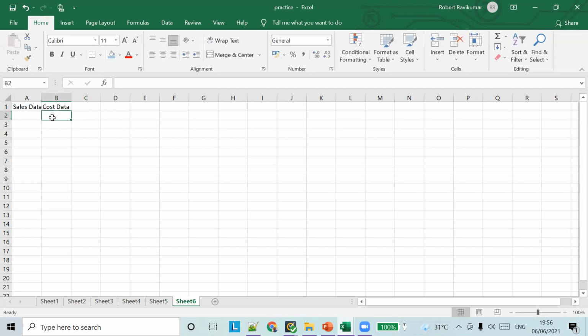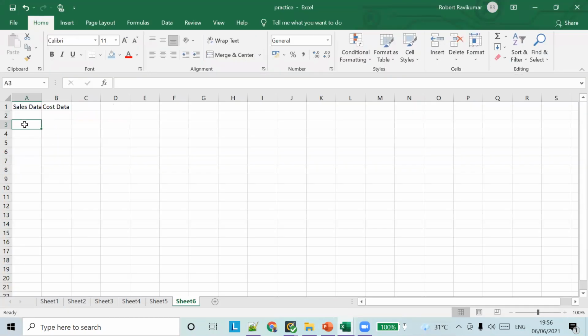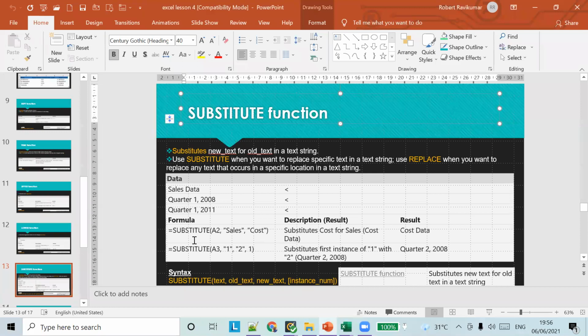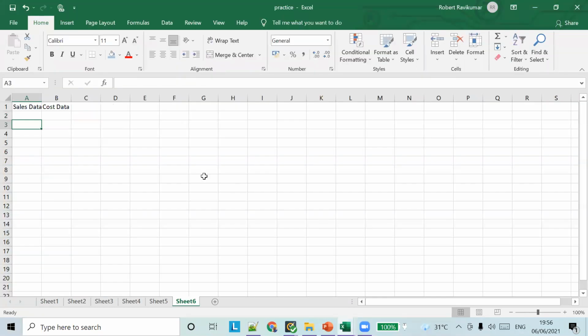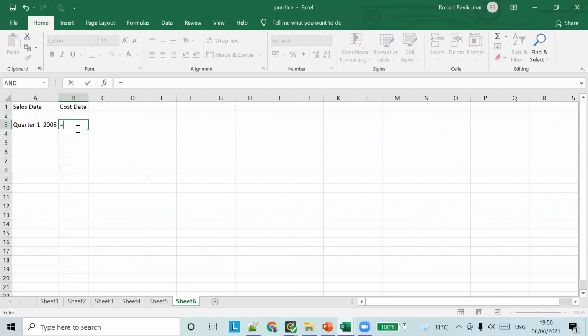So similarly, let's see this example. Q1 2008. What I'm going to do is replace the first occurrence of 1 with 2.